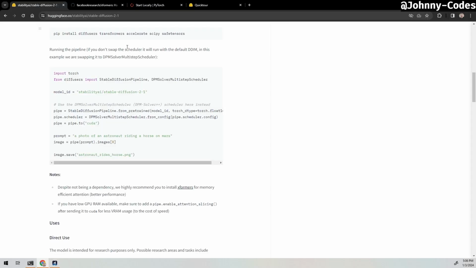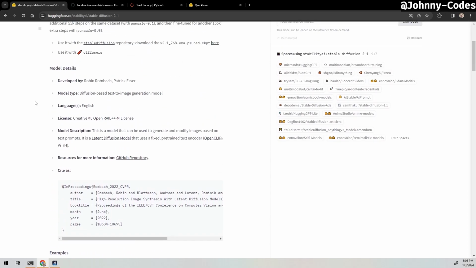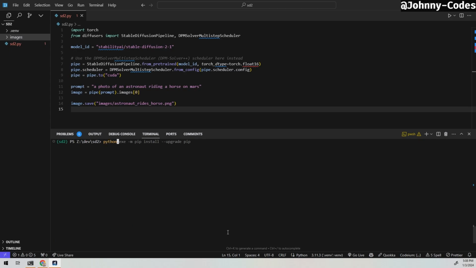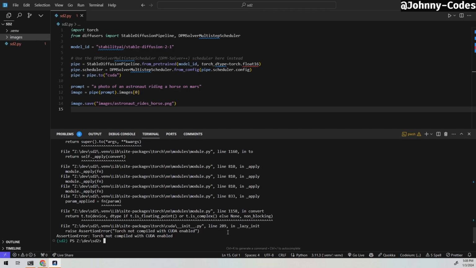So that is everything that's on the Hugging Face instructions on how to get up and running. So when we try to run this, I recommend having significant memory. This thing takes up 6 gigs once all the pipelines and stuff are done. And this is one of the things that I had trouble with: Torch not compiled with CUDA enabled. So, through problem solving that,